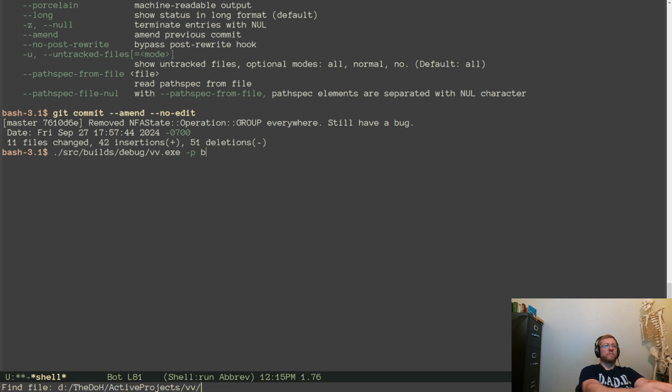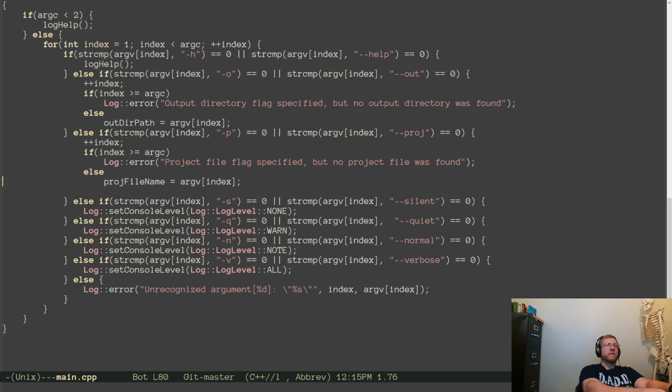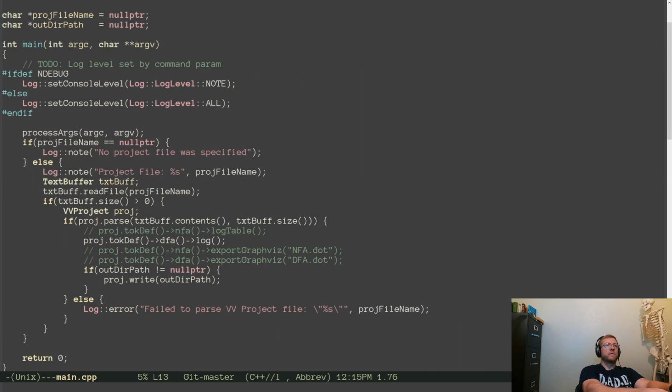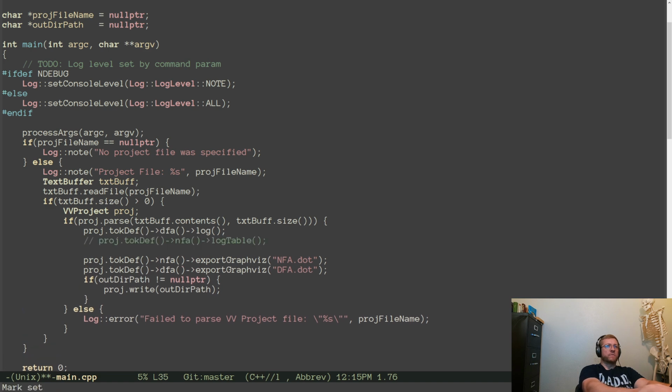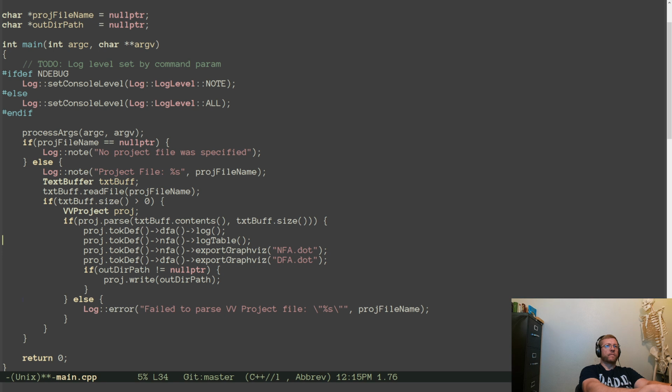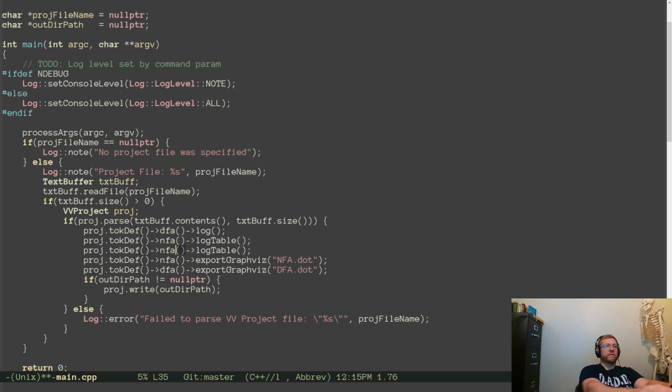What's in main? Okay, so we want to do that. We can go ahead and just log both of these as well. Why not? So we can see it in different forms. DFA as a log table. Just get all the outputs, right?